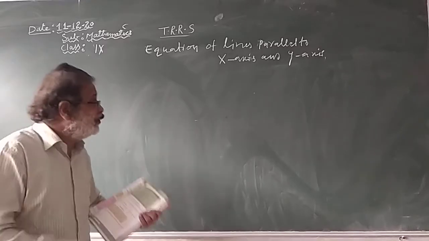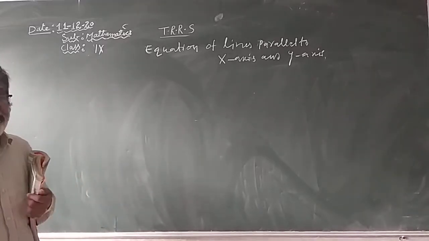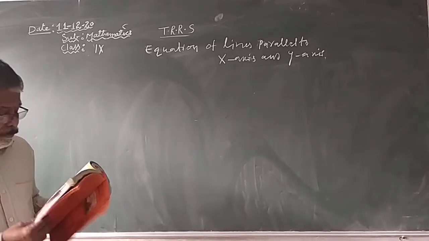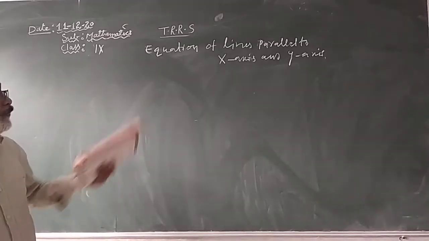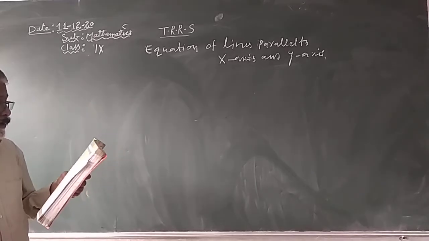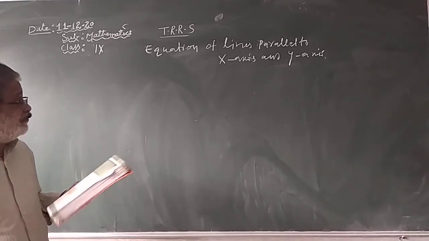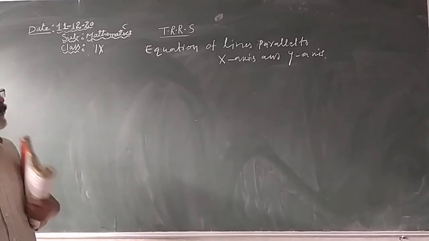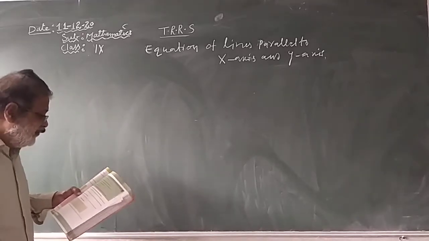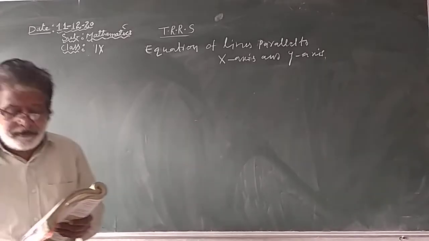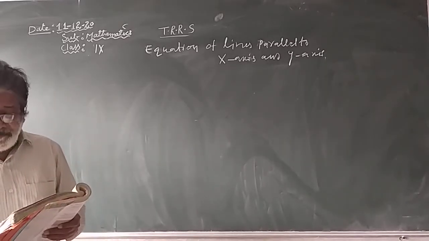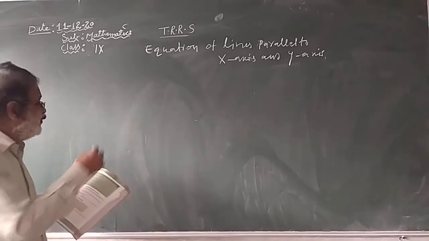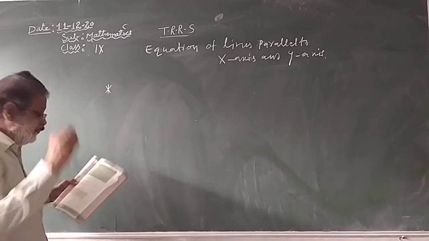So today we are going to learn about the equations of the lines that are parallel to the x-axis and y-axis. So let us draw the graphs for the equations of the lines which are parallel to the x and y-axis. The graph of x equal to k is a line parallel to the y-axis at a distance of k units and passing through the point k, 0. You remember some points here. The first point, you note down all of you.